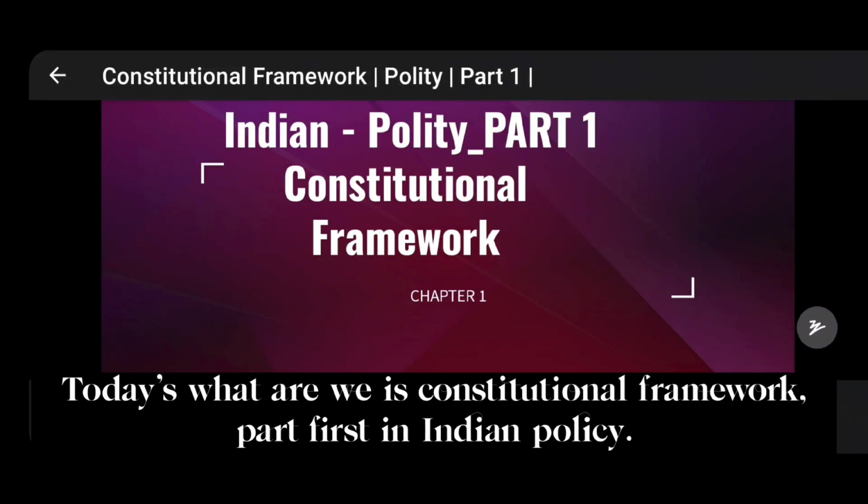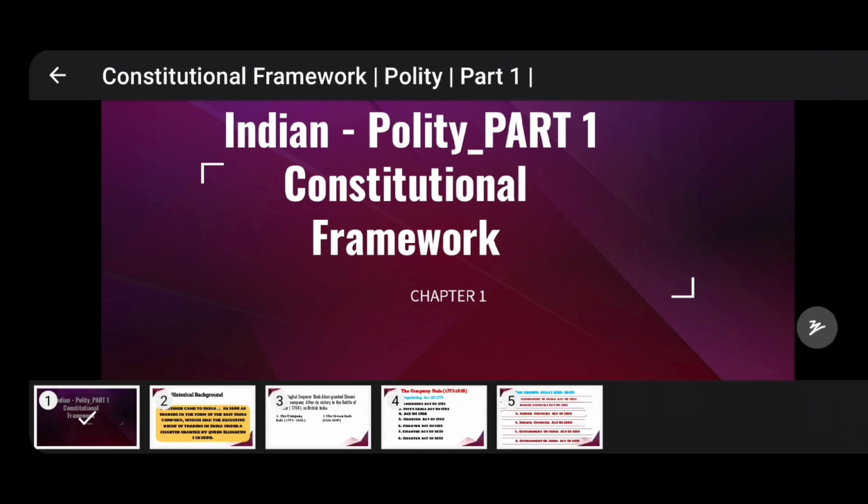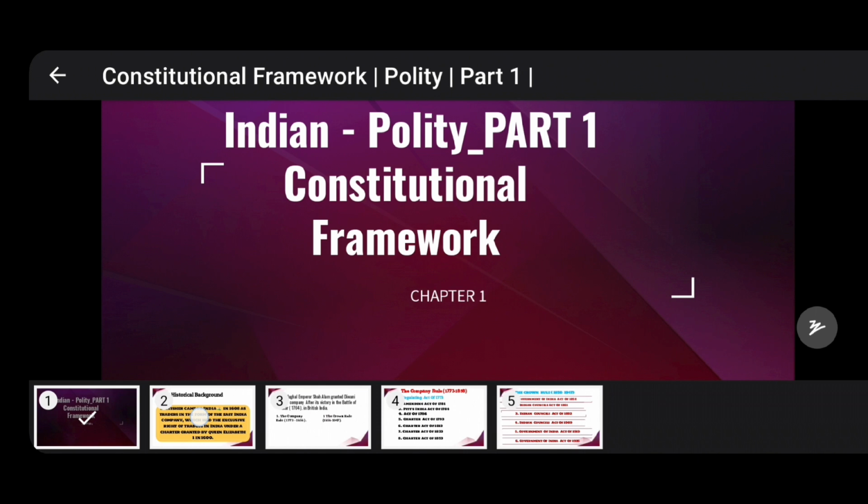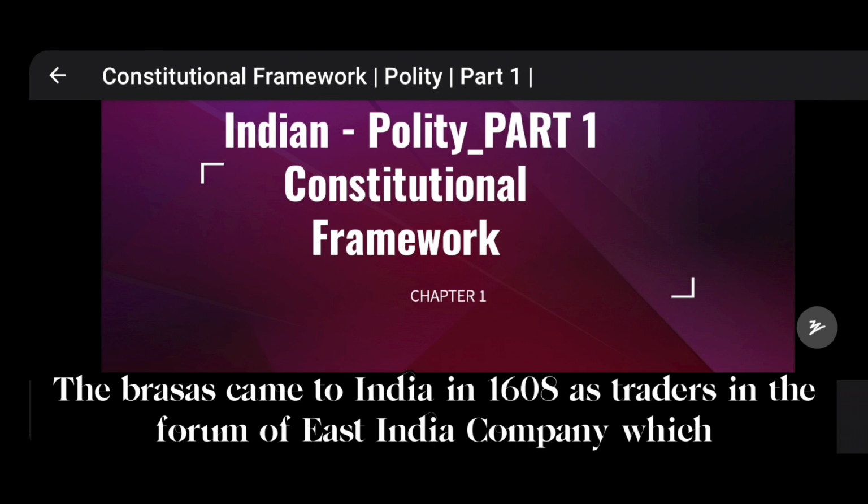Today's topic is the constitutional framework, part one, in Indian polity. Chapter one, historical background. The British came to India in 1608 as traders in the form of the East India Company,